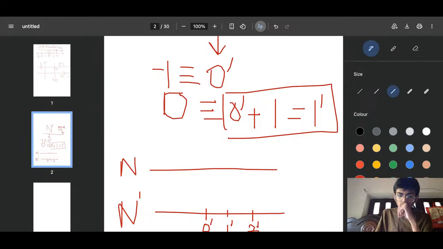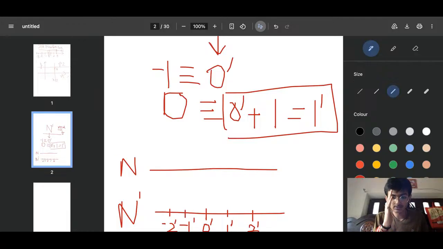Okay, minus 1 dash, minus 2 dash. So if you have to compare both systems, then you have to draw